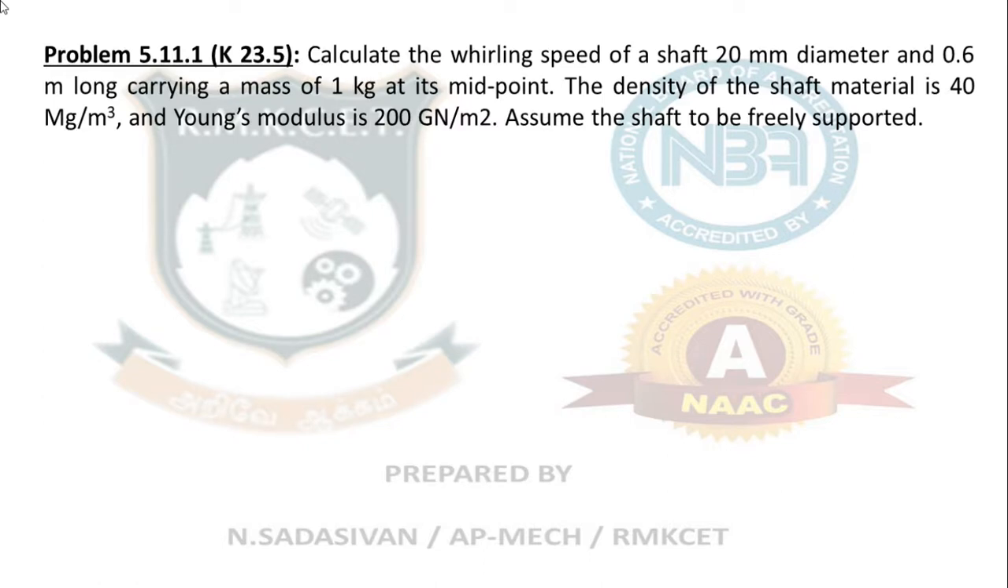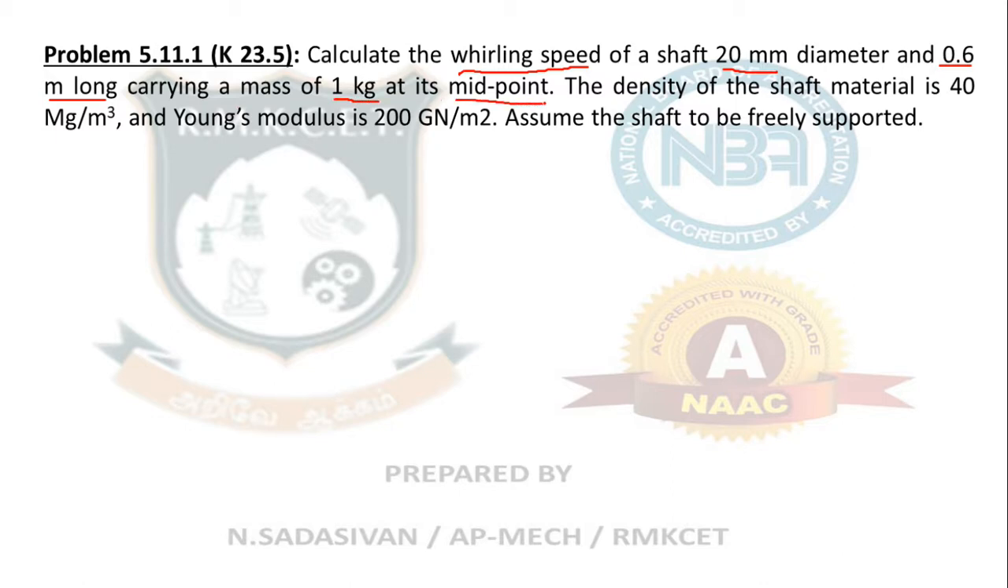We'll see the first problem in critical speed of shaft. Calculate the whirling speed. Whirling speed is nothing but critical speed. It can be said in two ways: whirling speed or critical speed. Calculate the whirling speed of a shaft 20 millimeter in diameter, 0.6 meter long, carrying a mass of 1 kg